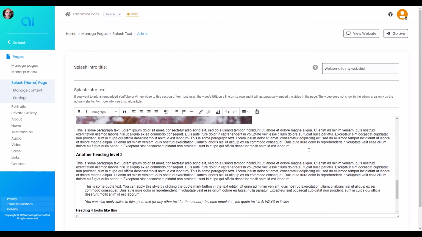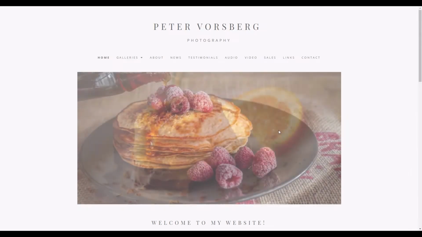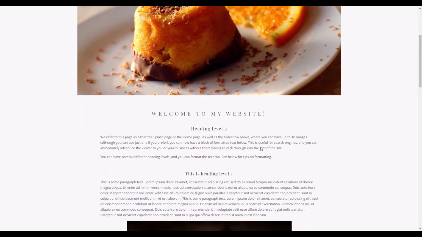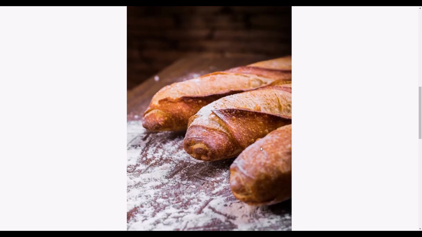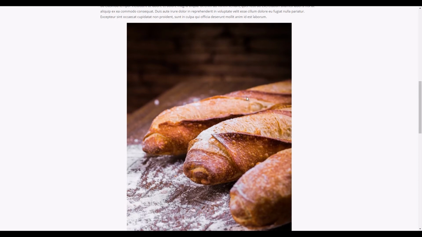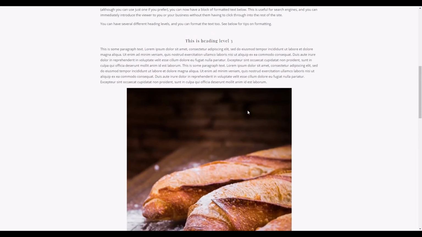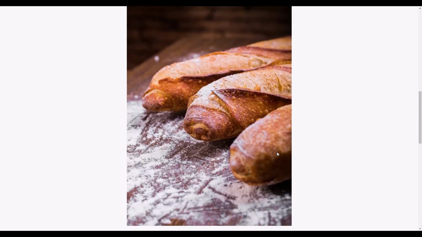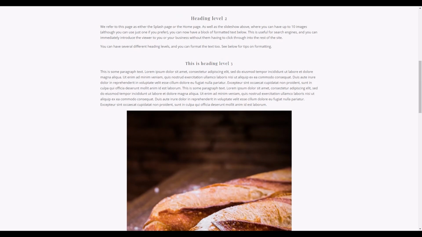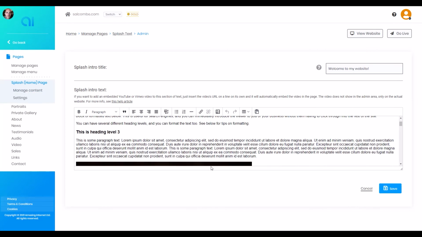So let's just save that and see what that looks like on the front end without doing anything else. So refresh the page there, and there's our lovely image. Now that's pretty big. It's a portrait image, so we'd probably want to make that a bit smaller. If it was a landscape image, we might want it to go full width, but let's say we want to make this smaller. We go into our Edit Text again,